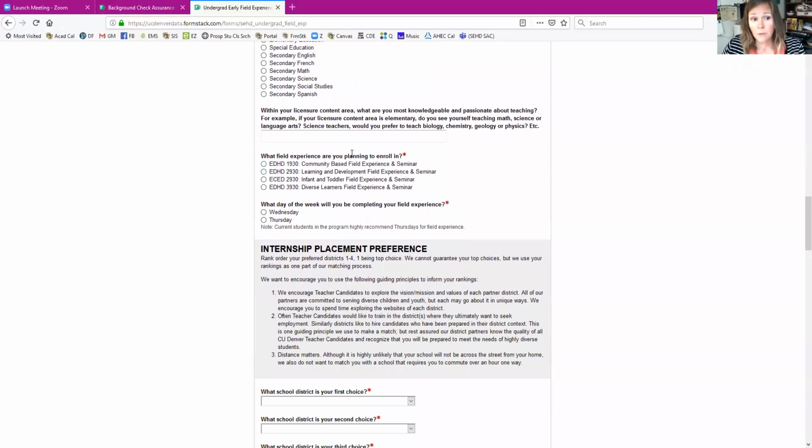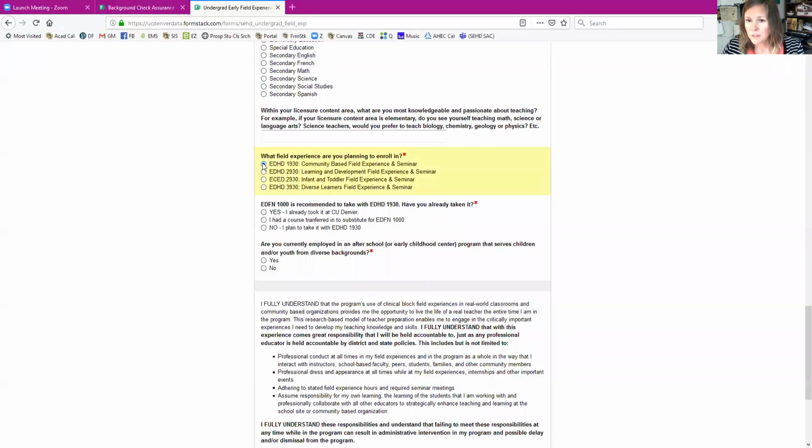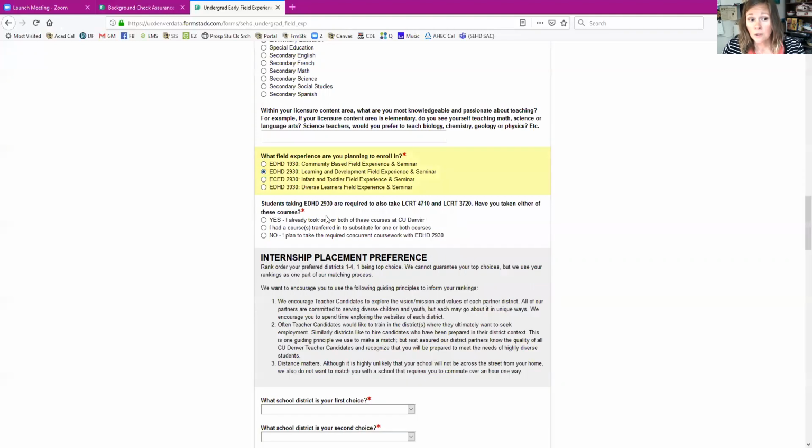This is where you declare what field experience you're planning to enroll in. So if we hit 1930, this internship placement preference stuff disappears. But if I hit EDHD 2930, it comes back. This is the question I was talking about, where if you've taken the concurrent coursework, either you've taken it already at CU Denver, or you've had courses to substitute, or you plan on taking both. That's just to help the academic advisors and myself understand why you're not enrolled in it, or if you need